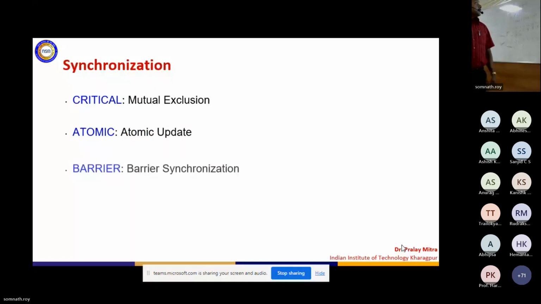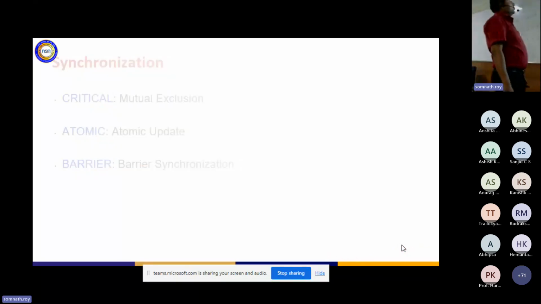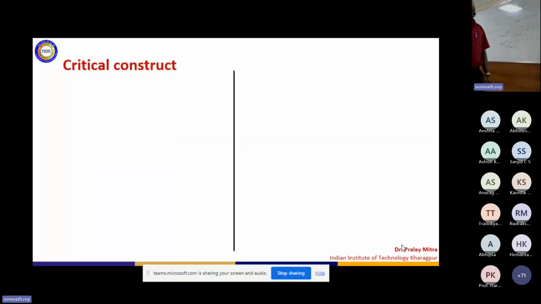So three different situations we will encounter for synchronization. One is the critical, which is the mutual exclusion. With a diagram, I will illustrate that one. For barrier, something we have discussed, and using a diagram I mentioned that one. If n number of threads are running, their speed is different. So if I write some barrier, then everybody will reach that barrier, then everybody will resume their performance. That is the barrier. Now, in order to elaborate the critical part using some diagram, let us assume that